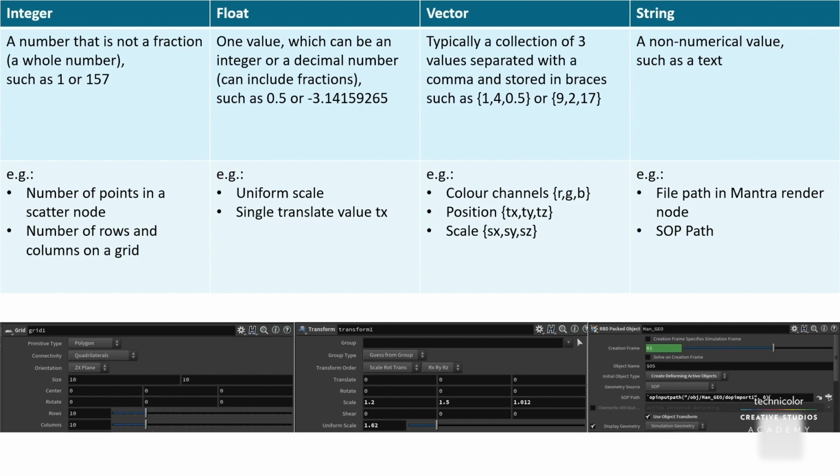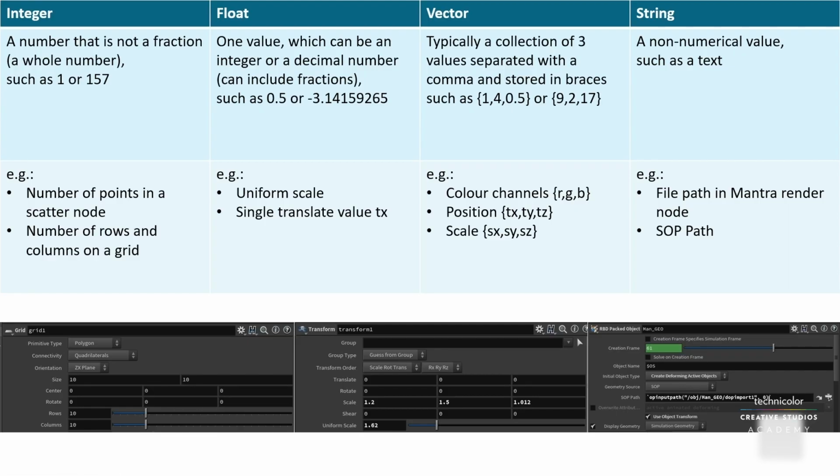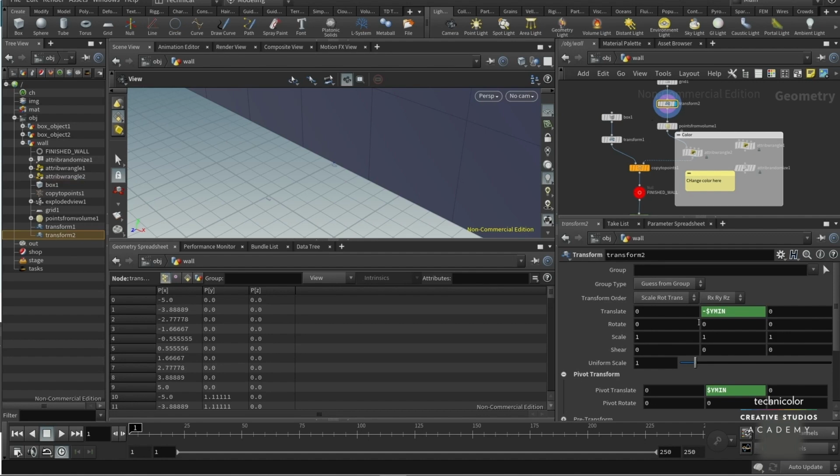Houdini also uses different data types, and some nodes will ask you to choose which one you want to work with. So we have, for example, an integer, and this is a number that is not a fraction, a whole number such as 1 or 157. And we used it in Houdini when we specified the number of axis division for the box. So as you can see, I cannot type 2.5 in axis division. It must be an integer. Another type is float. This is one value, which can be an integer or a decimal number. And we use this one to adjust the uniform scale or single translate, such as